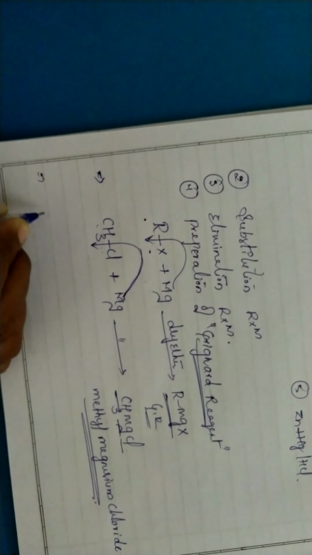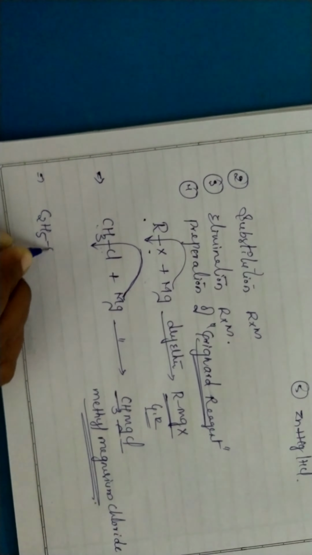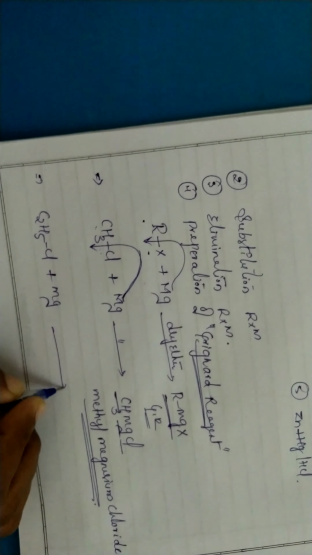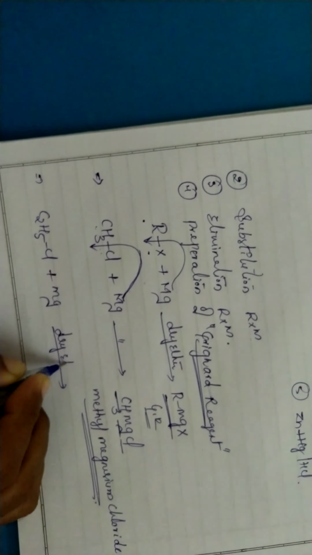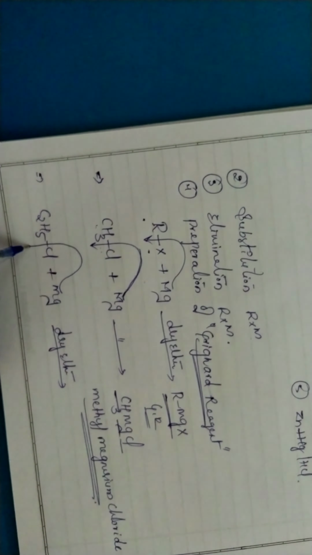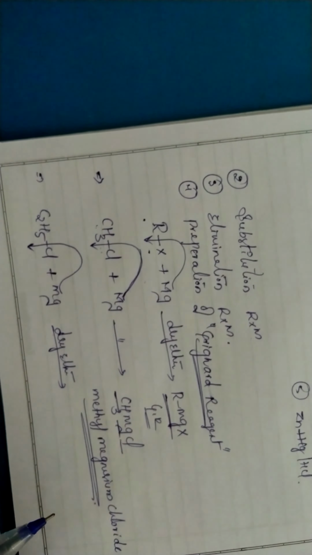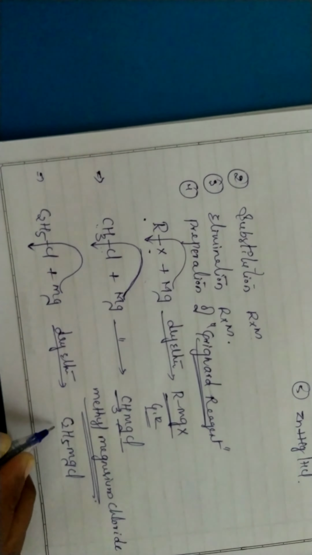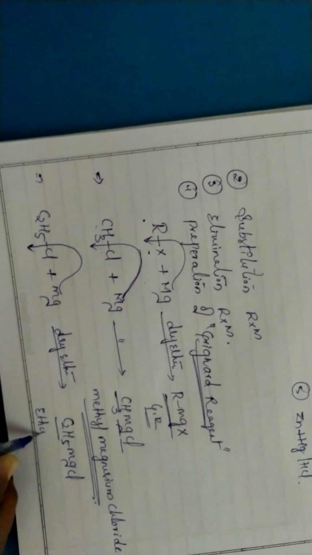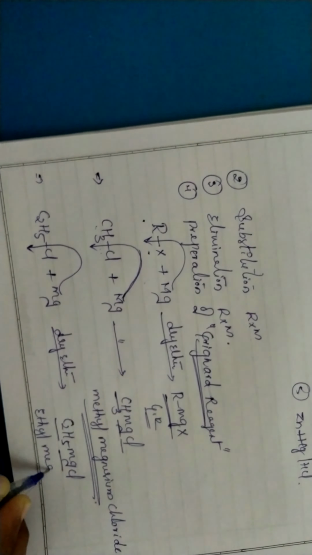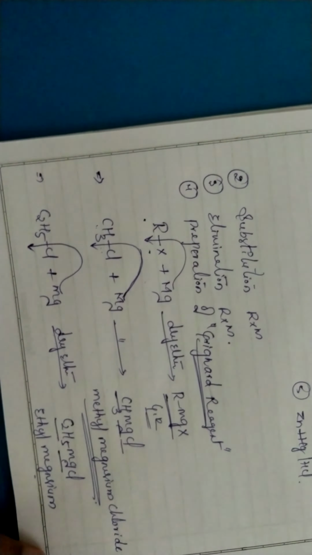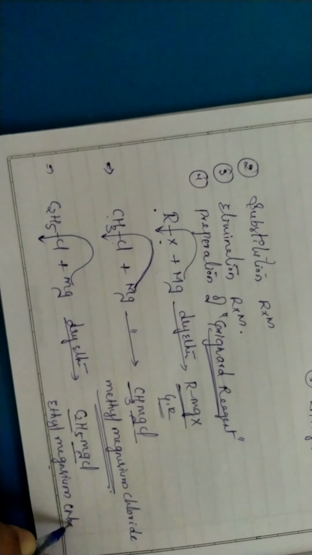Not only methyl chloride, if you take C2H5Cl, that is ethyl chloride, and ethyl chloride reacts with magnesium in presence of the same dry ether, what will we get here? This magnesium will insert between the ethyl group, that is the C2H5 group, and the chlorine, and we get C2H5MgCl. The C2H5 group is called ethyl, Mg means magnesium, and Cl means chloride.